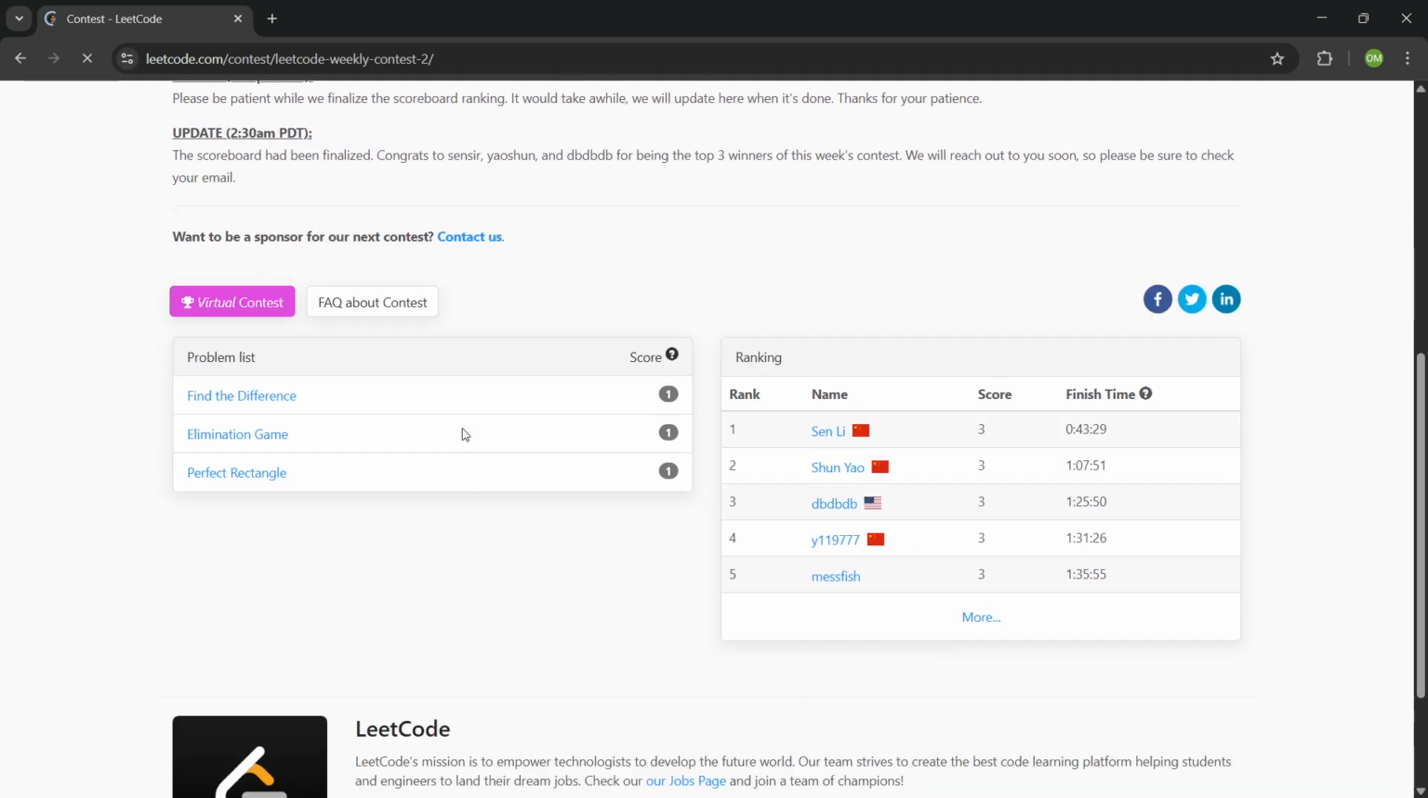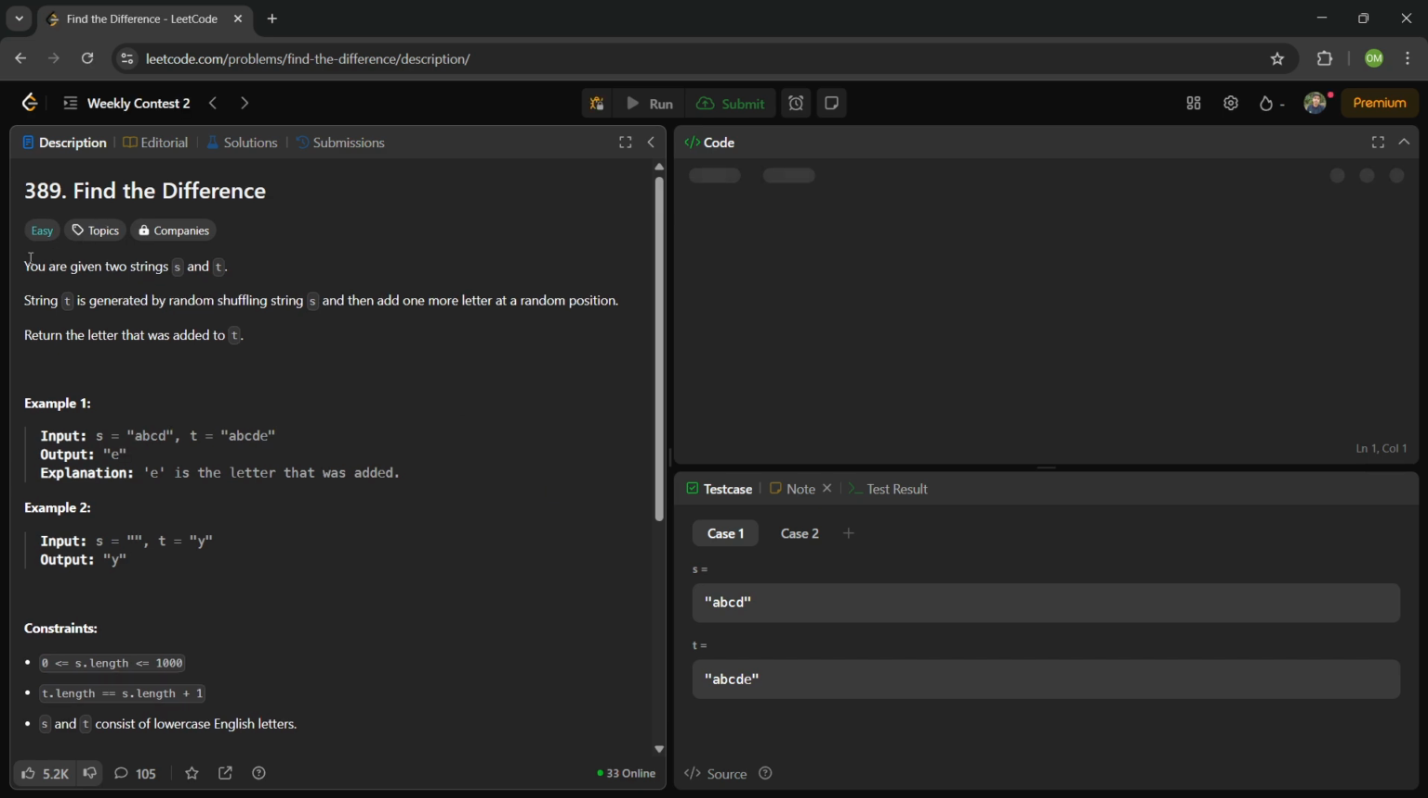There are three questions. Let's solve the first one. Find the difference. The question states that we are given two strings S and T, and string T is generated randomly by shuffling S and adding one more letter at a random position. Okay, so we have to return the